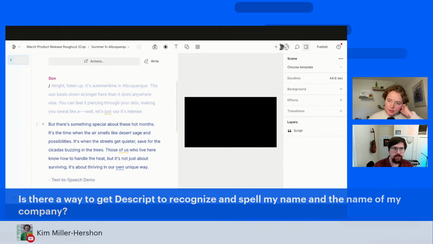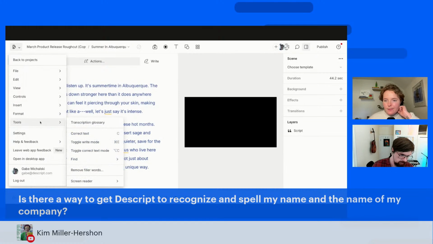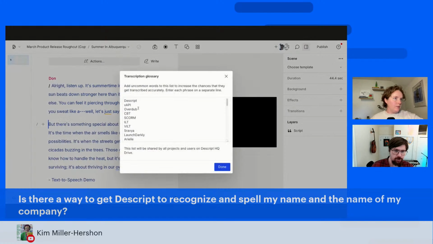Yeah, so we have the transcription glossary, which I have not used in a bajillion years. So here it is, transcription glossary. That's your first step of just like, here's a word I use all the time. This is our list of, it's funny that LaBouffe is in there. That's a guy who used to work here, not Shia.